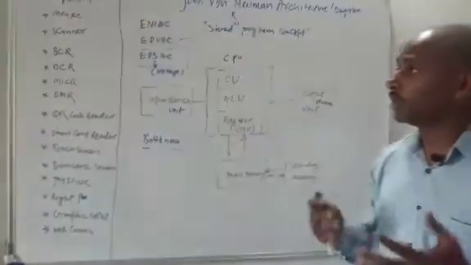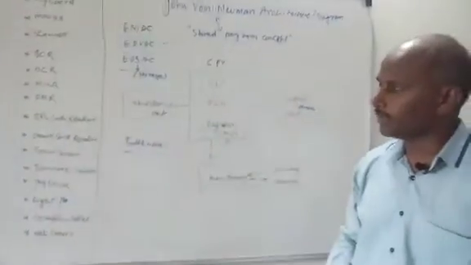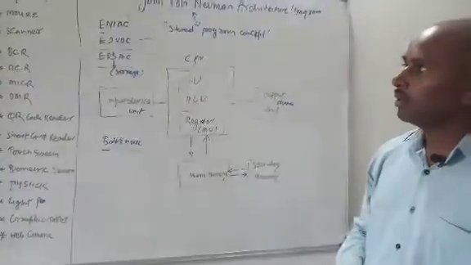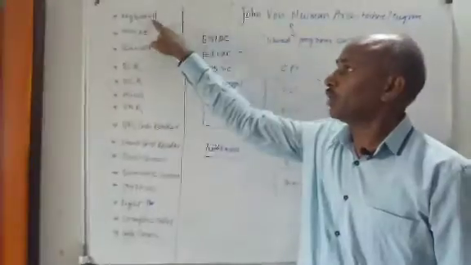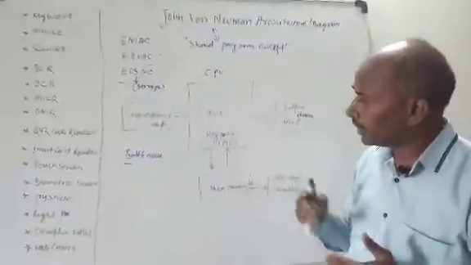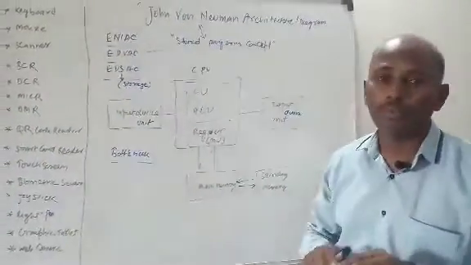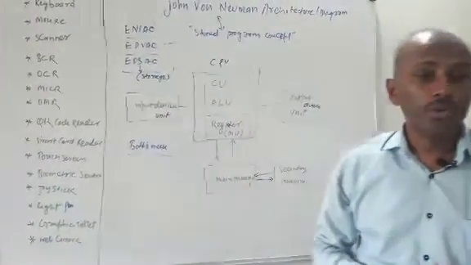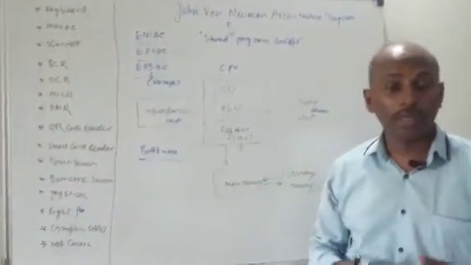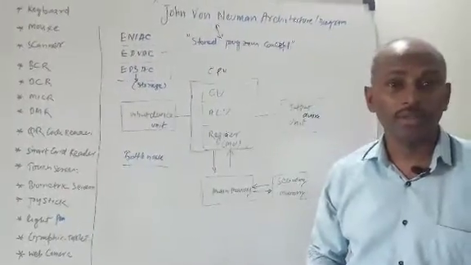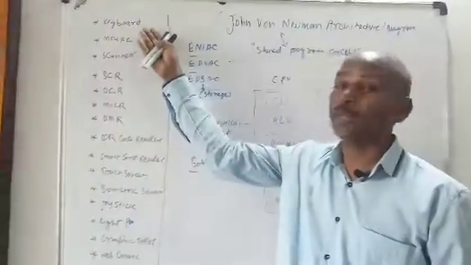First, keyboard. Of all input devices, the keyboard is known as the primary input device. What is the role of the keyboard? When we type something, the data is inputted into the computer system with the help of the keyboard. But these days you can open a virtual keyboard and type data by using the mouse. But the mouse is not the primary input device. The primary, main input device is the keyboard.